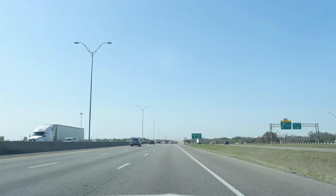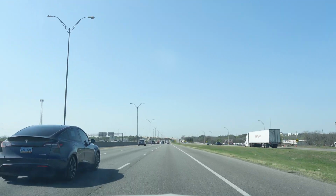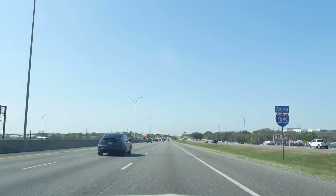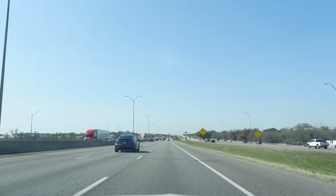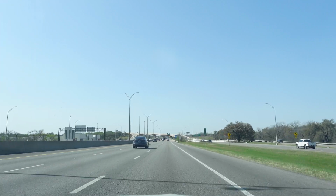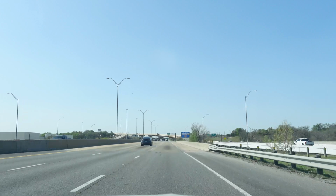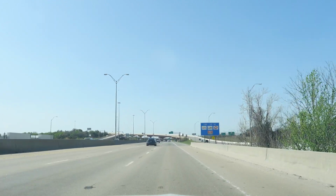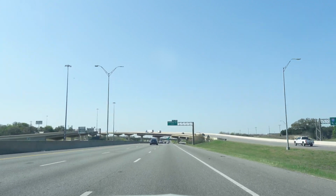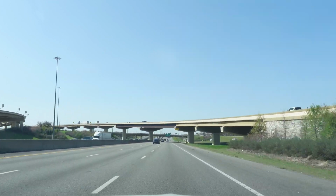And now I'm coming to Georgetown, and then after that I think it's Pflugerville, and after that is Austin. I can't remember if Round Rock is east of Austin or if it's on this highway. I think it's closer to 281. I can't remember. Round Rock has a nice place where you can get